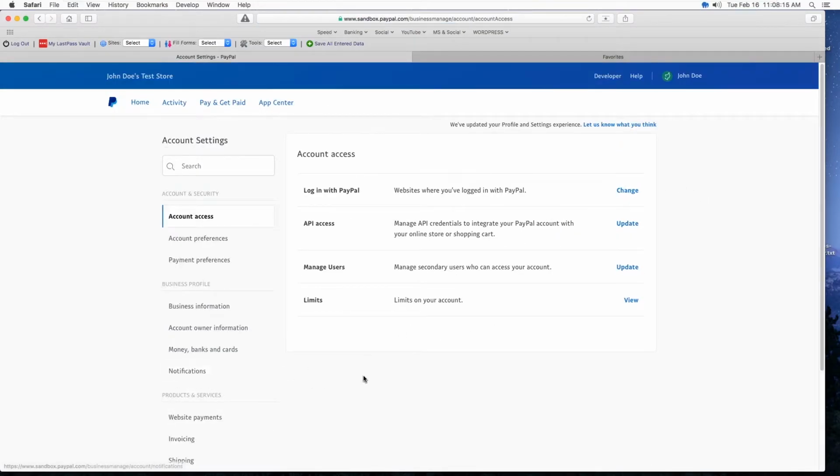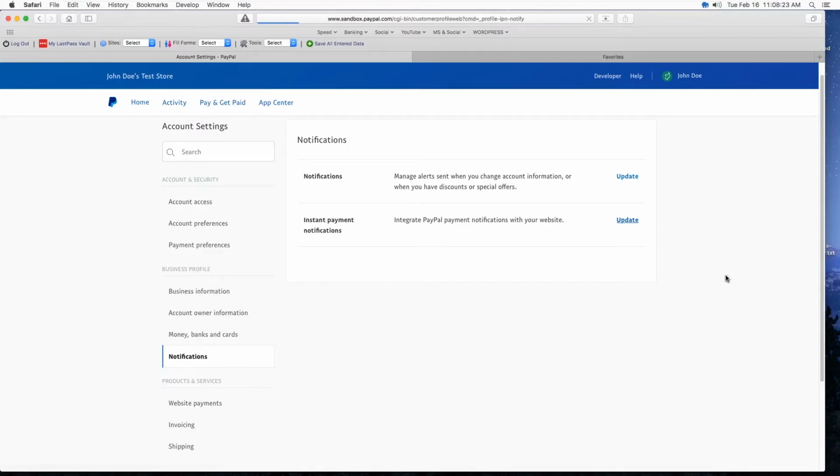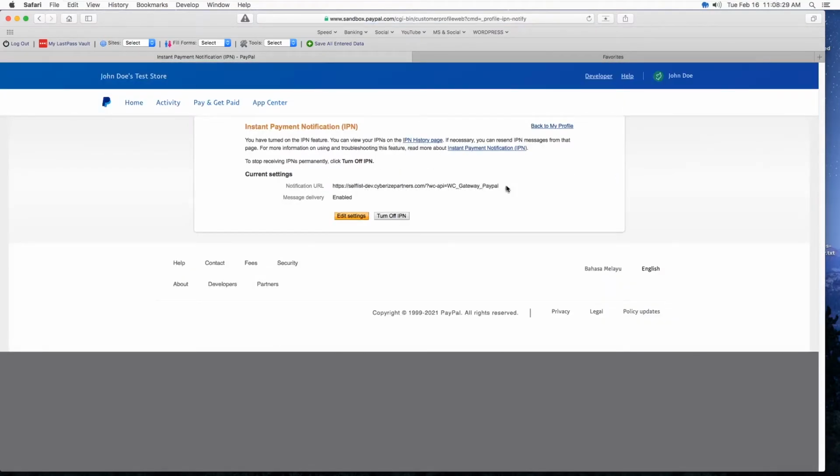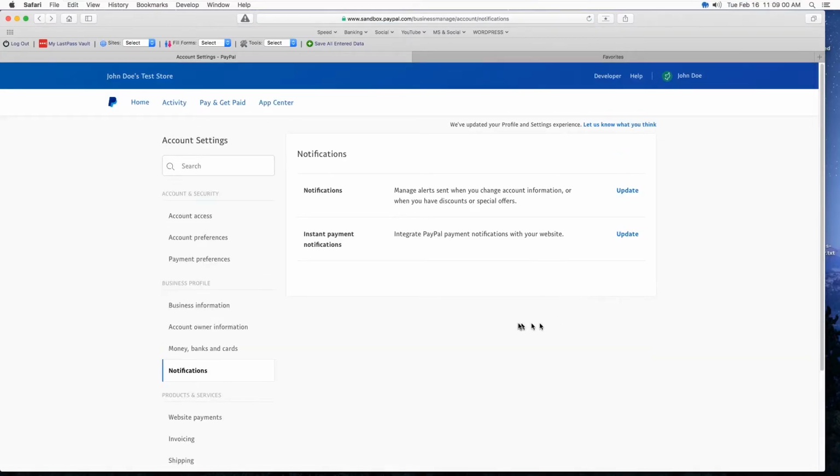All right, so just to quickly show how the IPN was set up: notification, instant payment notification, IPN, update, and this is the URL that I set. This is collected from the WooCommerce website, my website, then a question mark, and this extra line you add to make it WooCommerce compatible. Because of this, we receive all the answers, right? But something additional I have to do to resolve my current problem, let's go back, is that I have to set up my post order